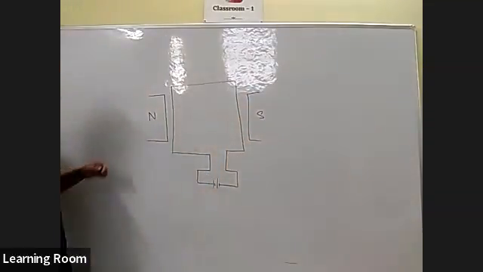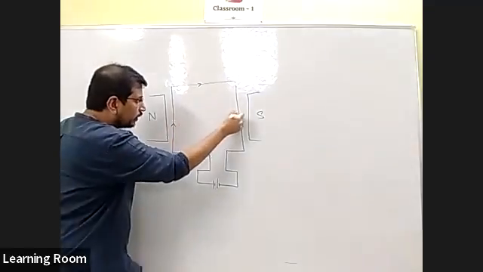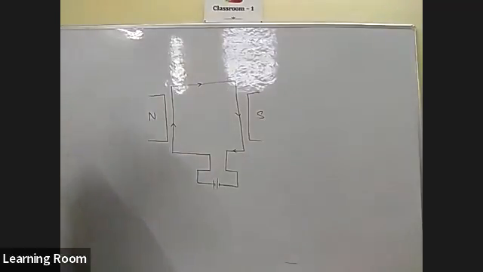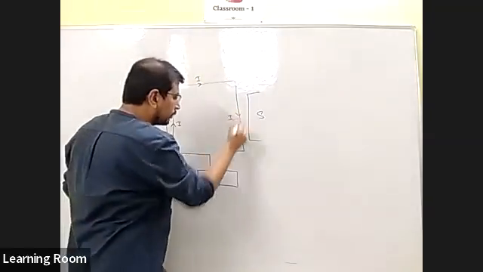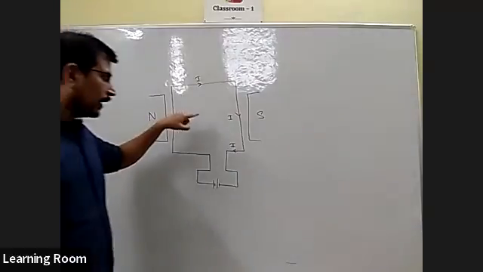The current is flowing, let's say, in the clockwise direction, according to the connection that I've given. And if I take this current to be I,